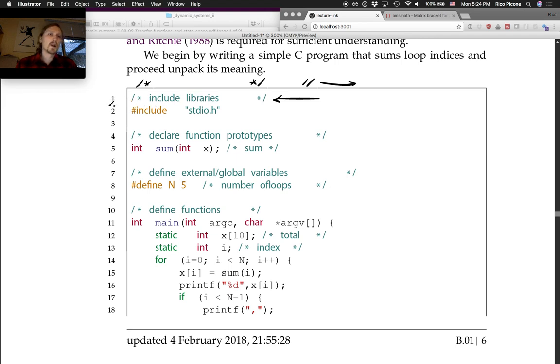So this is where you're going to include the libraries that we need. For this C program, I'm going to include the standard input-output header file from the standard C library, which is going to give us the printf function, which we need to do almost anything. So we'll include that, and then we're going to declare